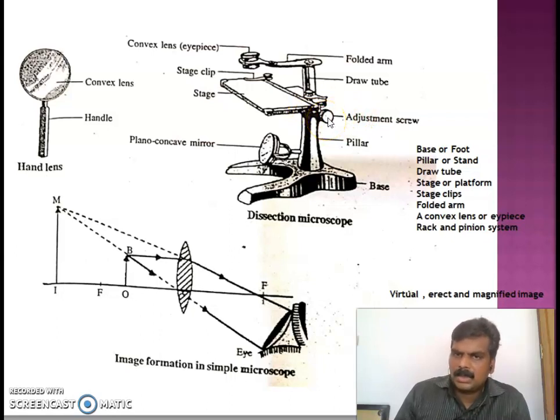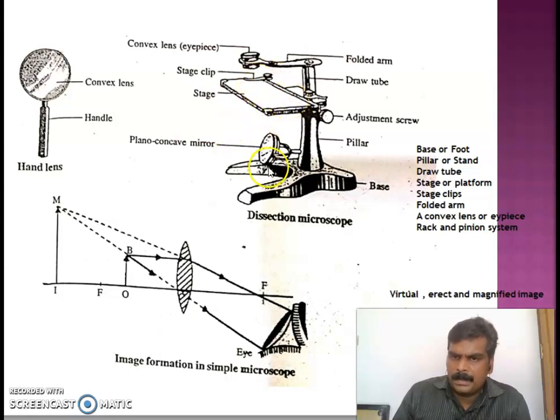This adjustment screw is enabled with rack and pinion, so that rotating this screw will lift the straw tube which is present inside the pillar. Now the straw tube is connected with a folded arm on which the convex lens or the eyepiece is present. The stage has a clip, called a stage clip, that will help to hold the material or the slide